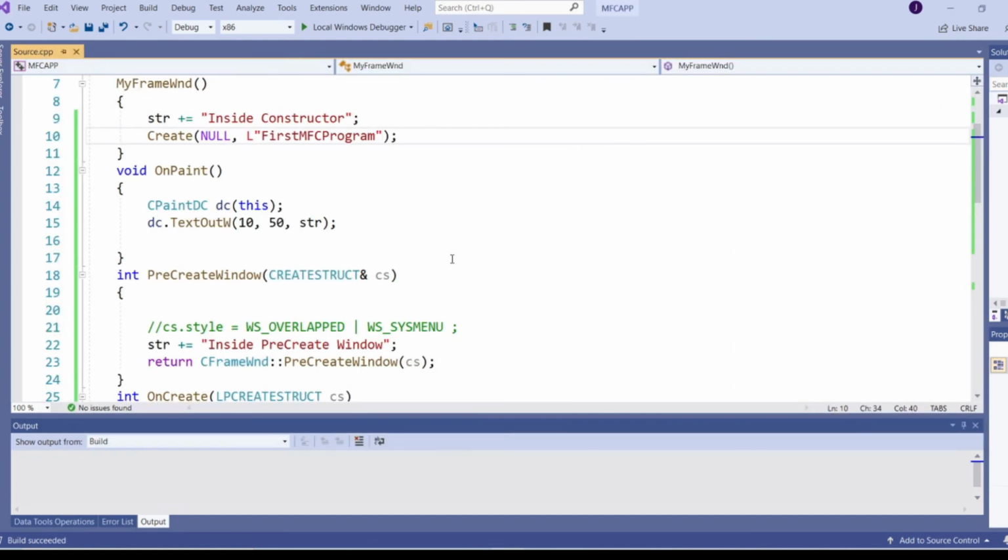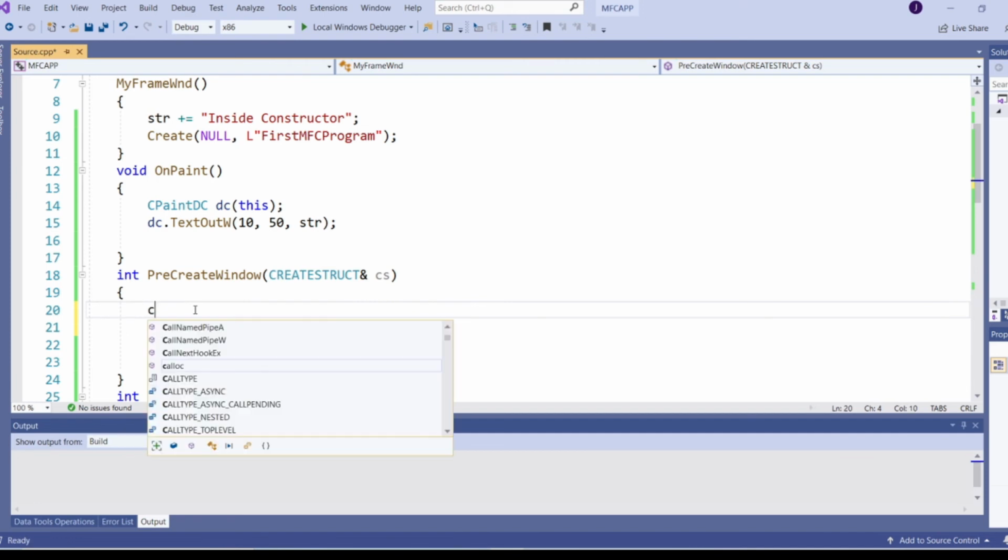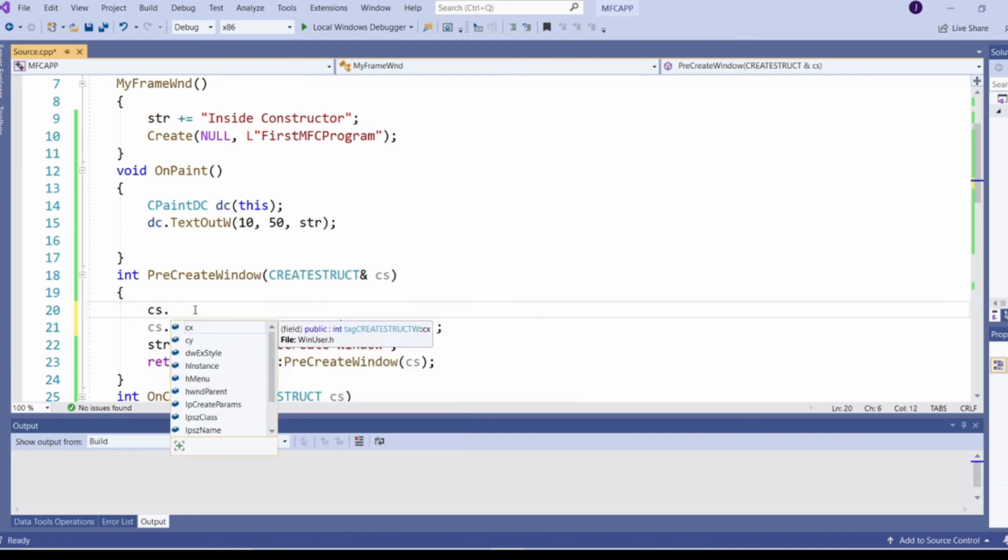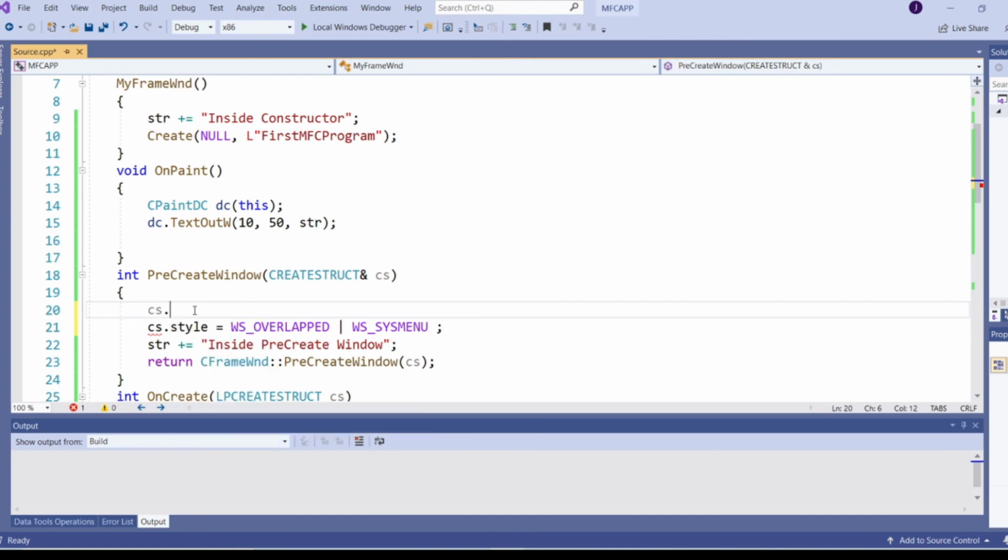The same value I can specify in pre-create window as well. Create struct is a struct which will take all the values. So cs dot, if you see, there are x and y coordinates, extended style, instance, menu, and one parameter called style. There you can mention all these values.